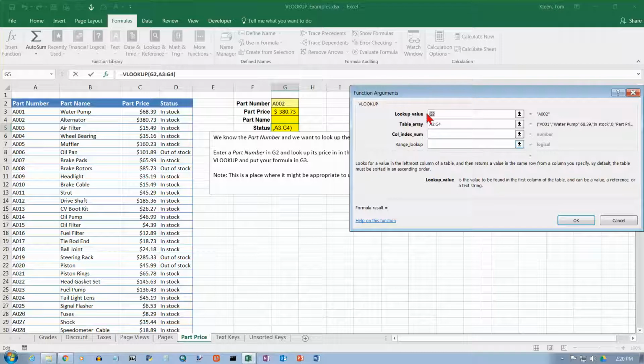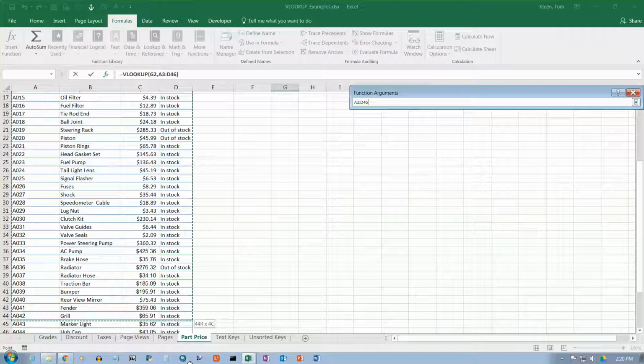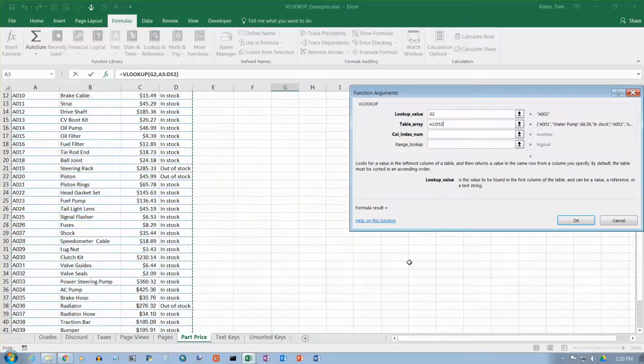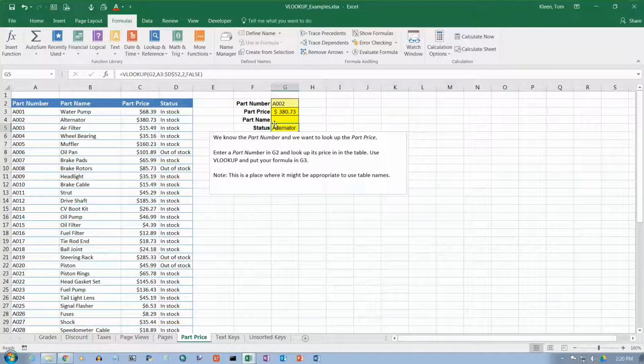Okay, so I'm looking up G2, which is this, and my table array is kind of goofed up here, so I'm going to delete that, and I'm going to be more careful this time and not hit the enter key when I'm done. So scroll down from A3, I think it is, all the way down to row 52, and I'm going to make that absolute. Hit function key F4, and the column index number for the part name is column 2, and I'm doing exact lookup again, so I've got to put false in here,